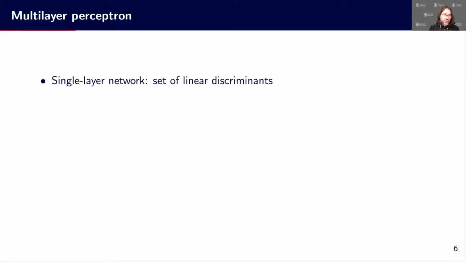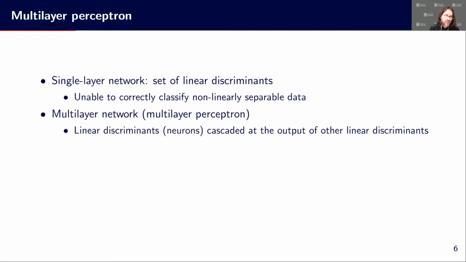So a single layer network is basically a set of linear discriminants. There's no difference, except that we have a transfer function like we had with logistic regression. So this model is unable to correctly classify non-linearly separable data. This is not a model that is able to deal with that. We have the same limitations as with usual linear discriminants. But when we are cascading, when we are stacking the linear discriminants one over the other, so in multiple layers,